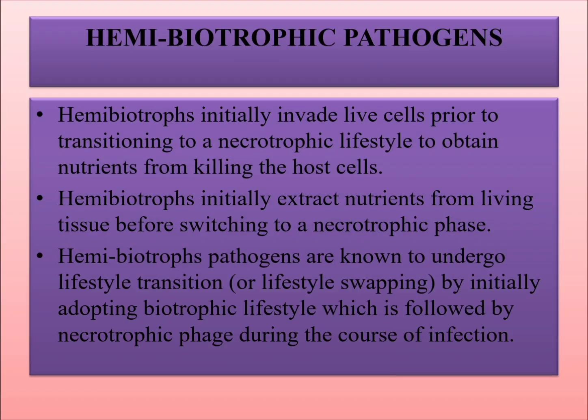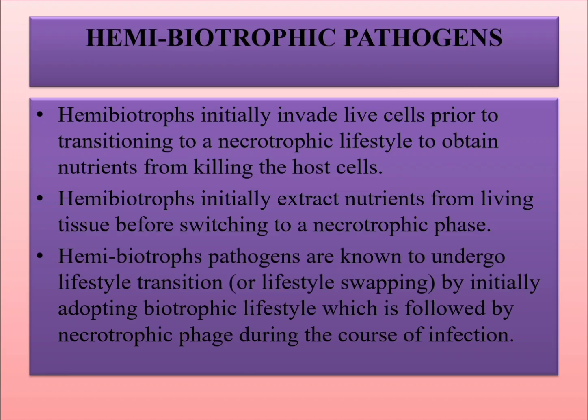Hemibiotrophic pathogen. Hemibiotrophs initially invade live cells prior to transitioning to a necrotrophic lifestyle to obtain nutrient from killing the host cell. Hemibiotrophs initially extract nutrient from living tissue before switching to a necrotrophic phase. Hemibiotrophic pathogens are known to undergo lifestyle transition by initially adopting a biotrophic lifestyle, which is followed by a necrotrophic phase during